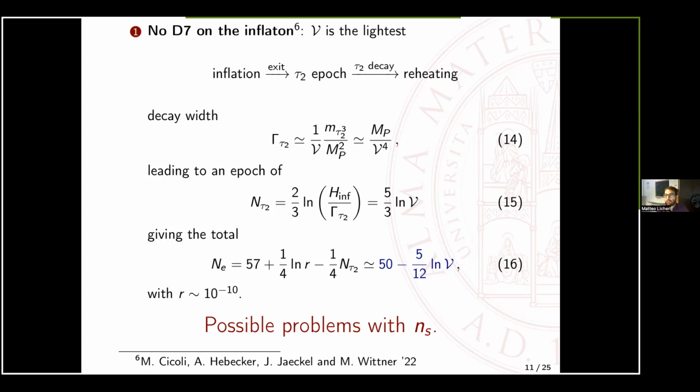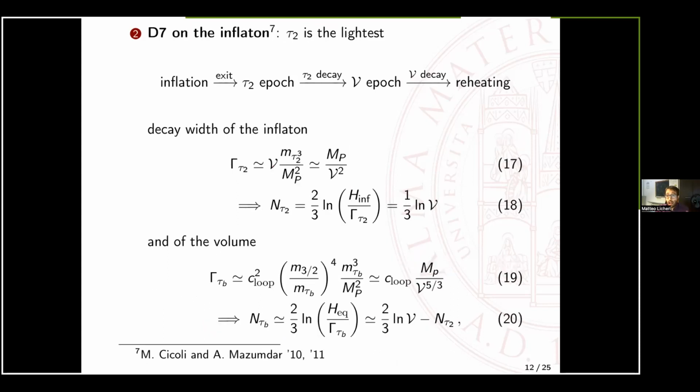In fact, for standard volumes, like 10 to the 4, 10 to the 5, 10 to the 6, in the end we will have the number of foldings around 45, 44, 46. So the spectral index could be too red, so too low to match the measured values like Planck. And a different result we have